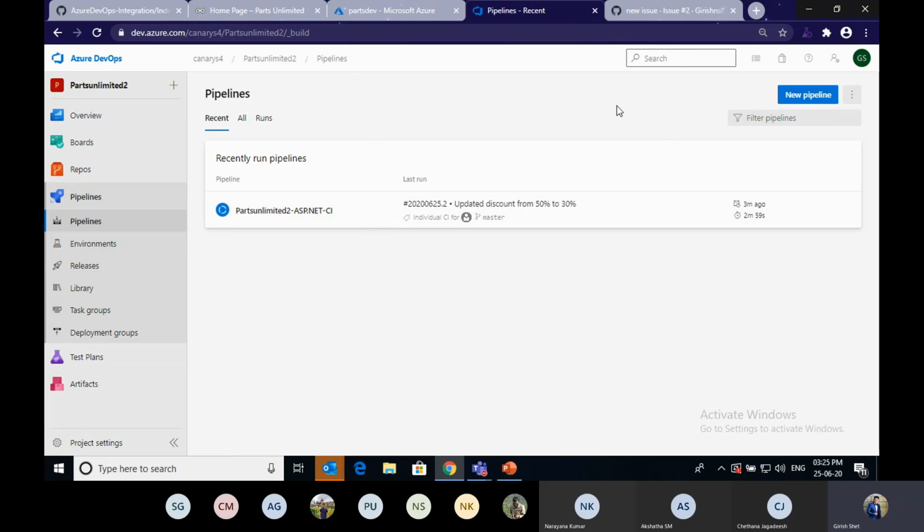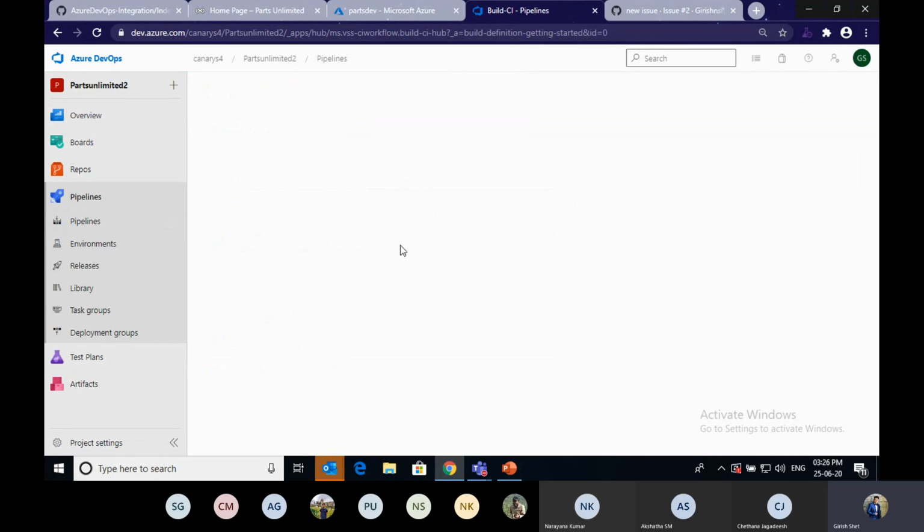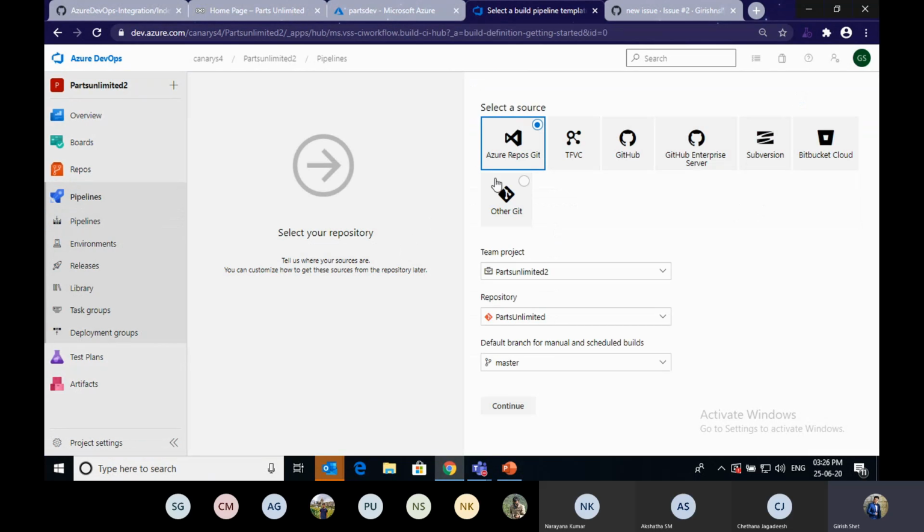If you want to integrate your GitHub repository with Azure pipeline, you can do that by creating a new pipeline here. We'll ask for the classic editor. It will ask where your source code is.